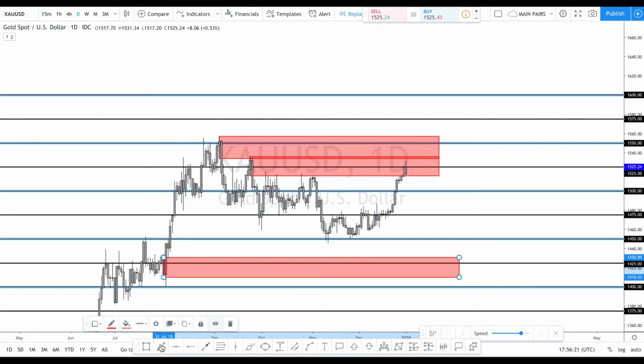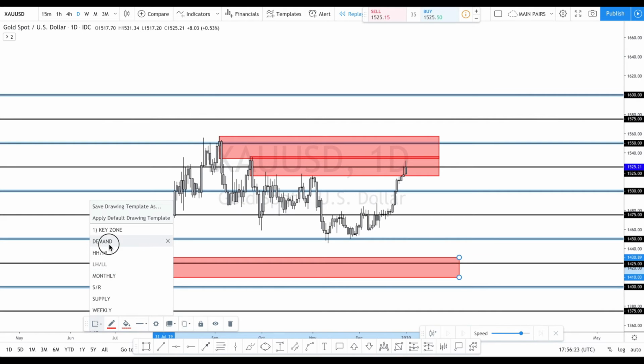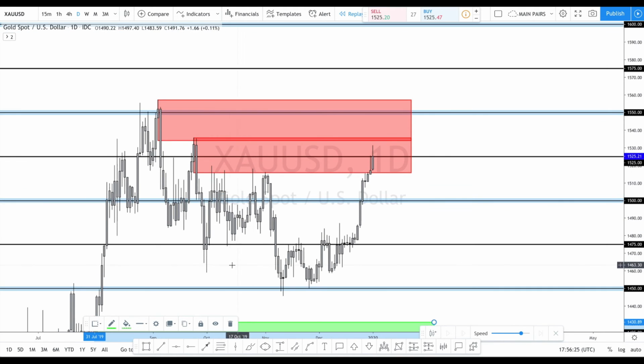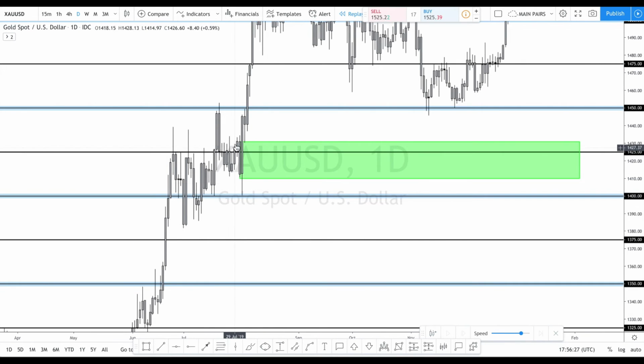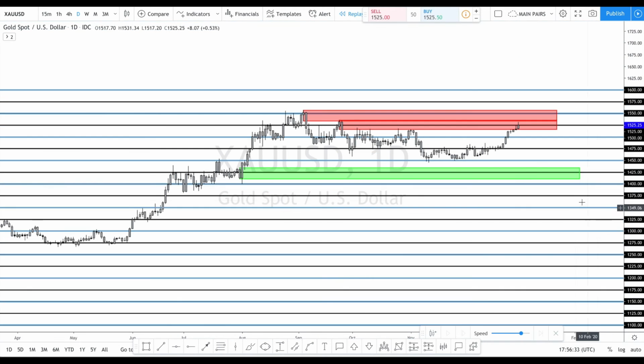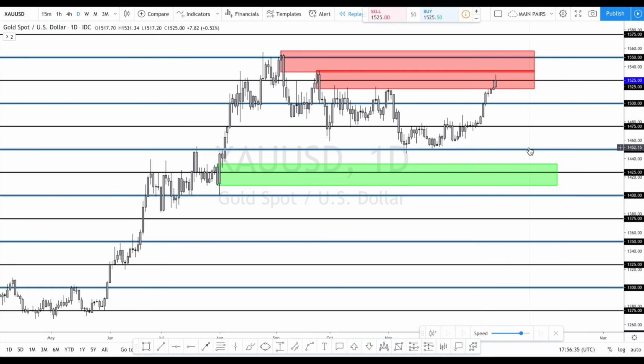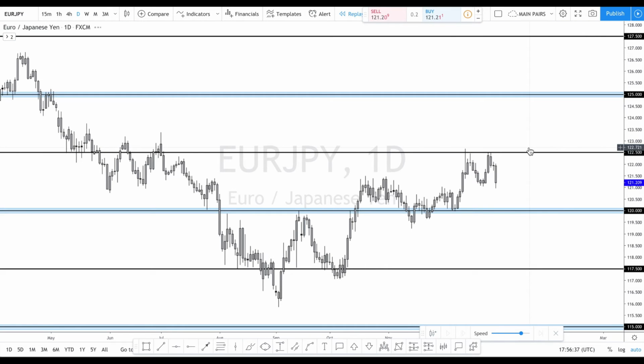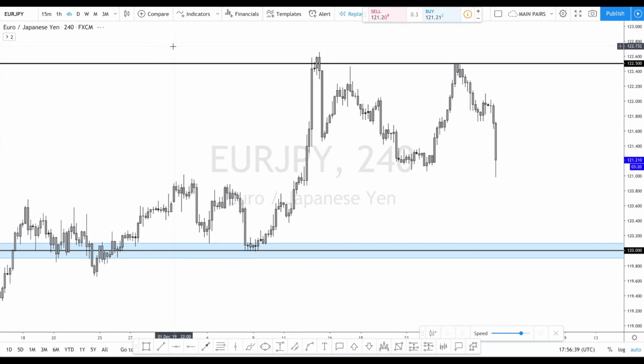Right here, you've got the demand zone on gold daily. So you see the characteristics: a bit of consolidation, that candle before, and then we've gone a massive move away and we've gone bullish. So that's how I look at supply and demand. I'm just trying to see any kind of lower time frame ones, because the lower time frame ones, you get